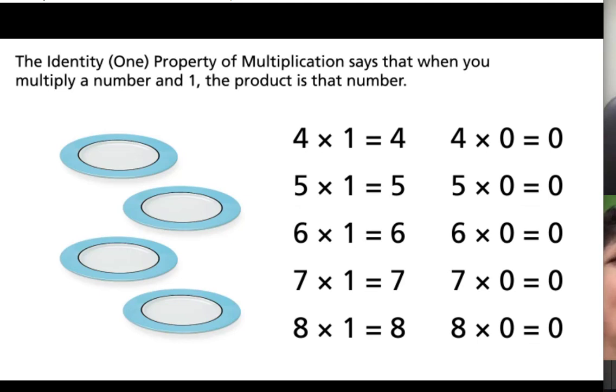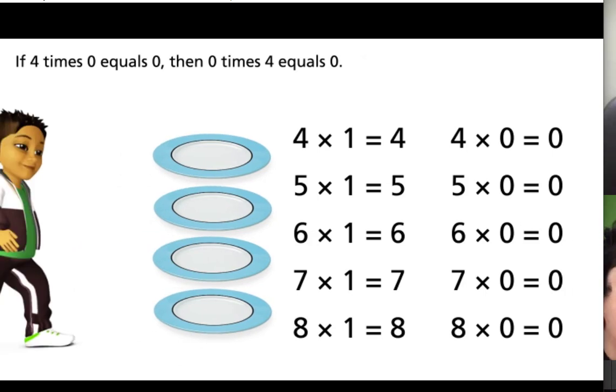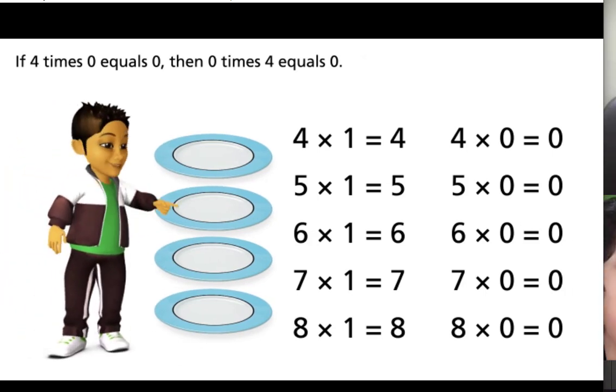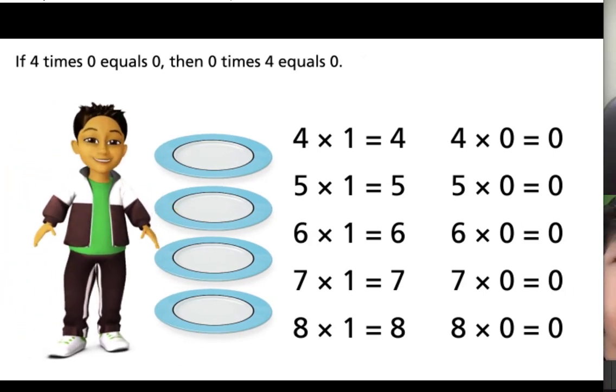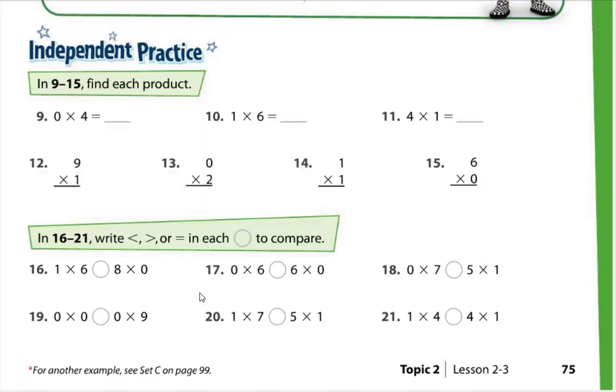The identity, 1, property of multiplication says that when you multiply a number and 1, the product is that number. The 0 property of multiplication says that when you multiply a number and 0, the product is 0. If 4 times 0 equals 0, then 0 times 4 equals 0. Okay, so we can summarize that